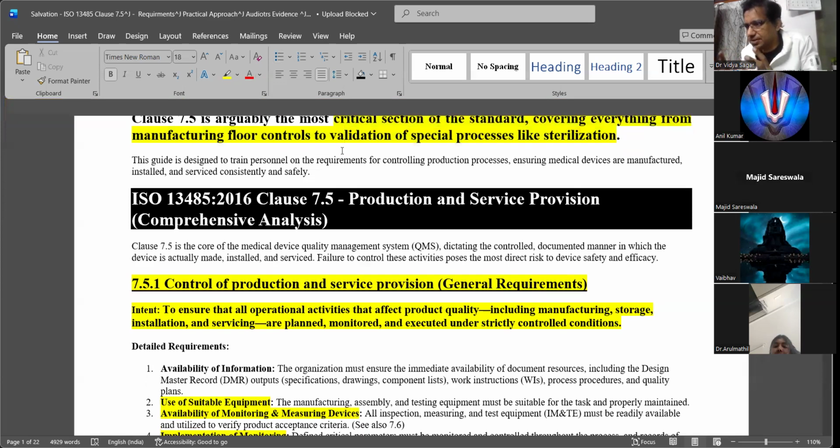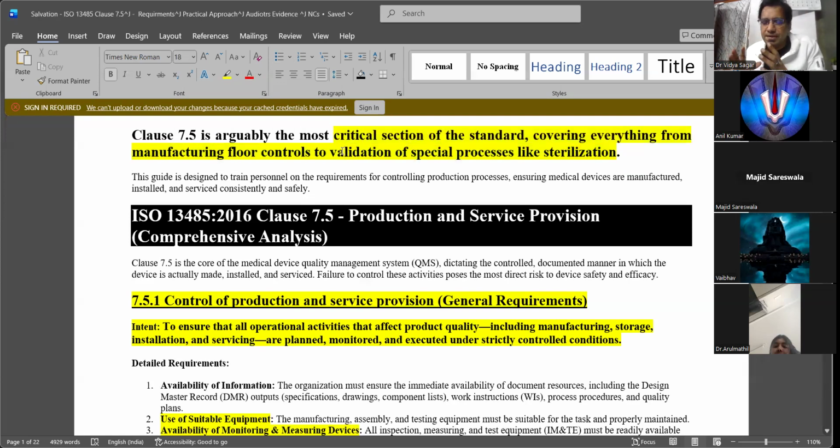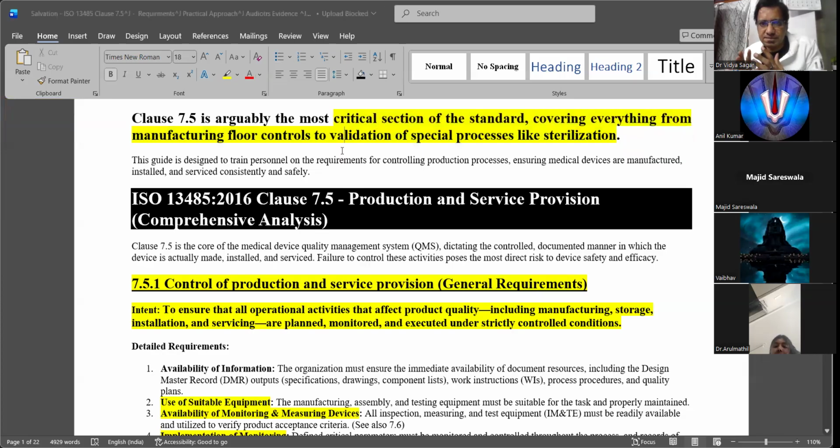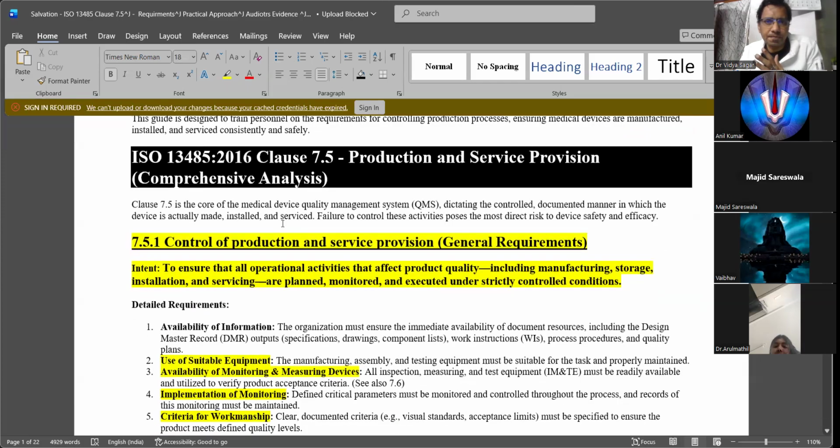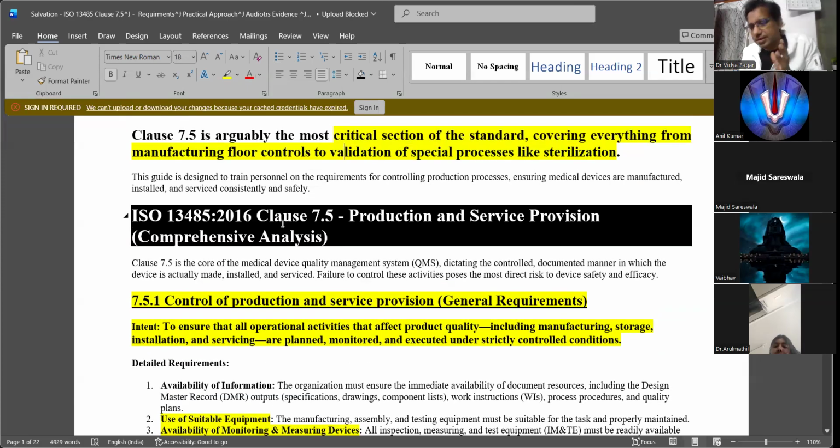It talks about everything from manufacturing till sterilization. How you need to monitor it, document it, implement it, record it, and of course to have sustainability of conformity of products, how you need to maintain it.